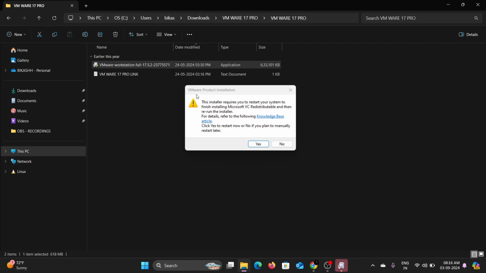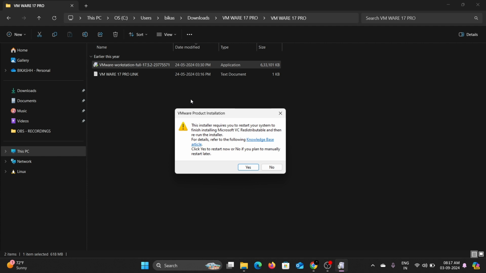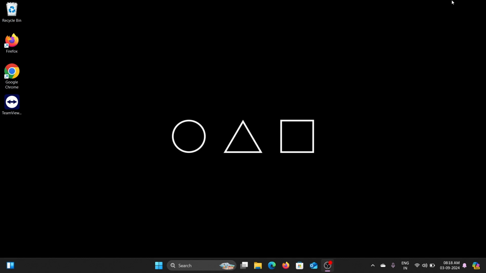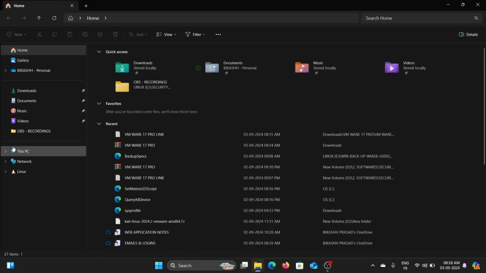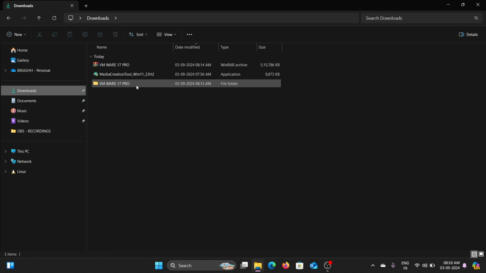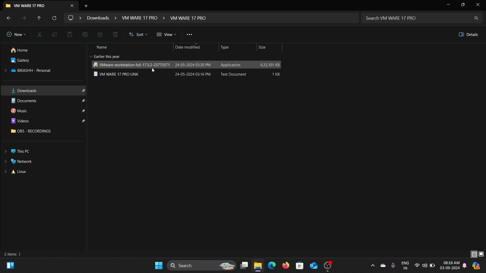Okay, now the installation is done, I guess, and we need to restart the system in order to complete the installation. So I'm going to restart my laptop and I'll be right back. Okay, so we have restarted our laptop. Now let's go to the download folder. So here's our VMware. Let's click on it and again try to install it. Now this time it is successfully installed,